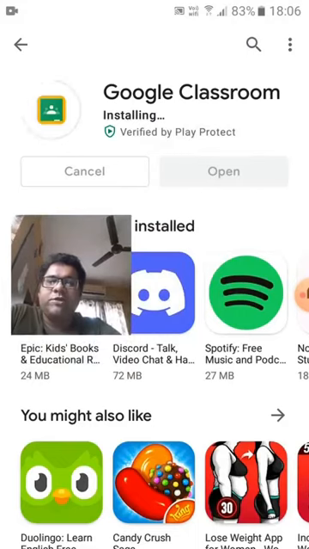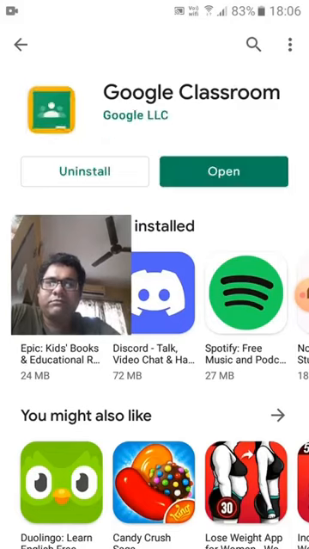Once it completes installing, you will see that the open button is highlighted. There you go. You can see this green button, the open button. Click on it.